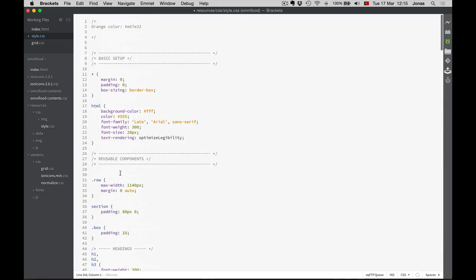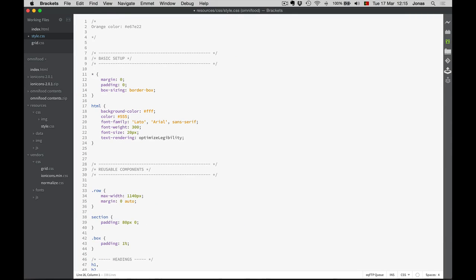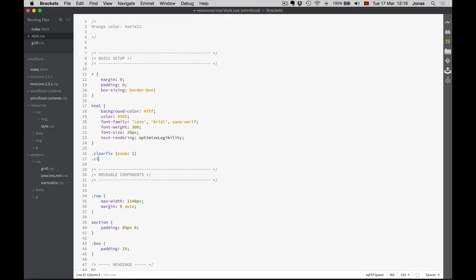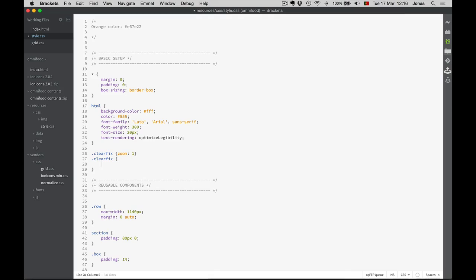Now, clearing those floats, I will now show you a new class which is very used in web design and web development, and it's called the ClearFix class, and I will define it now. But don't worry about understanding exactly what I'm going to do here. We just use this class to clear the floats,